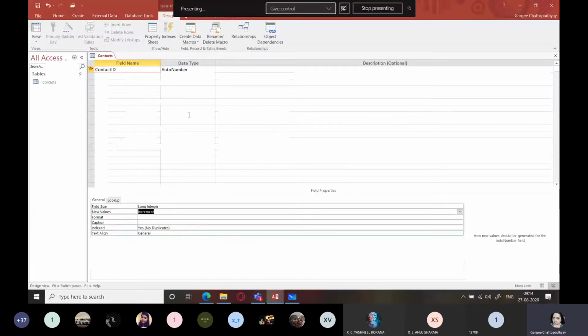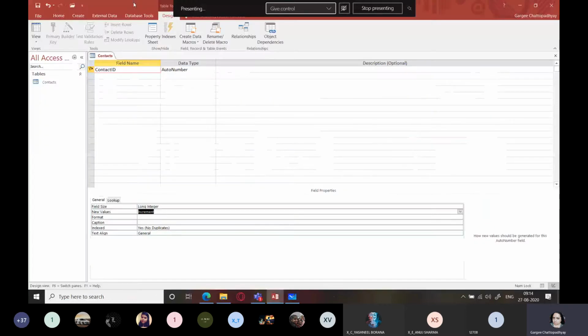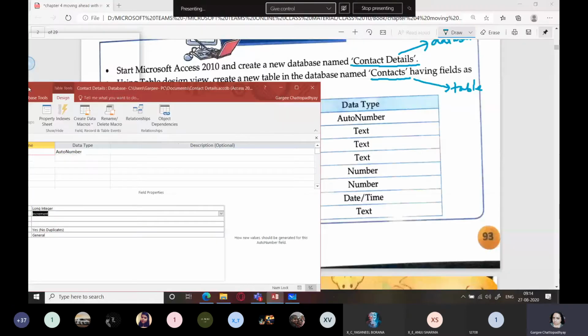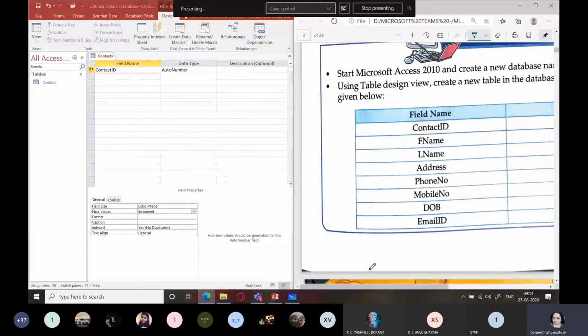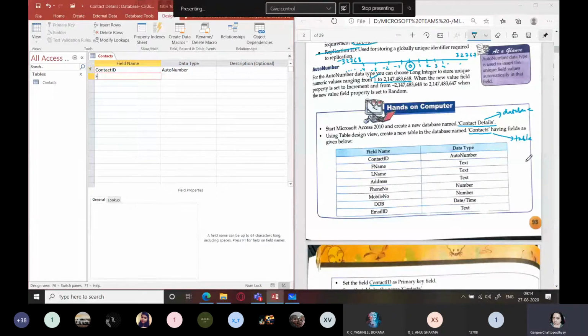Next value is f name. So I'm going to divide the screen into two parts, and accordingly I will be typing over here. So next is f name, and its type is text. So I'll keep it as short text. Next is l name, that is last name. Then address, that can also be taken as short text. Then we have phone number, and that can be taken as number.